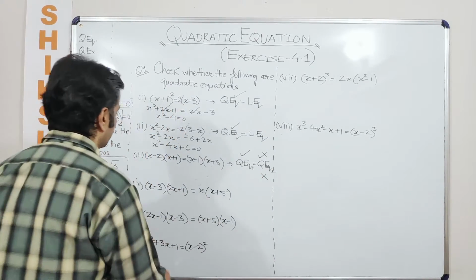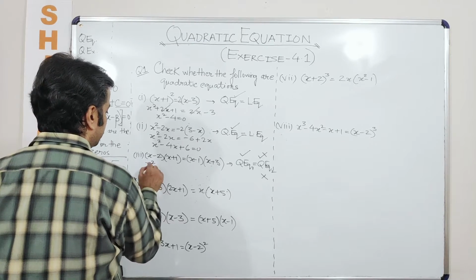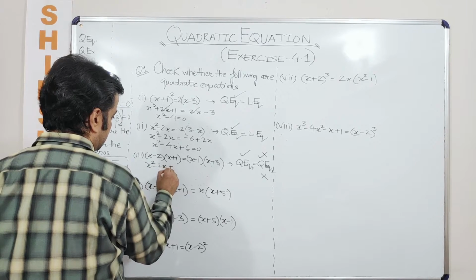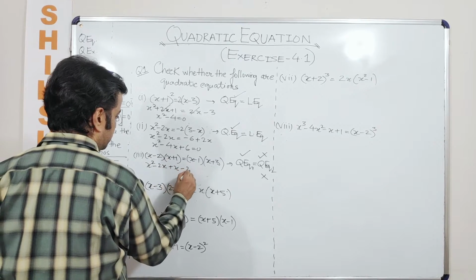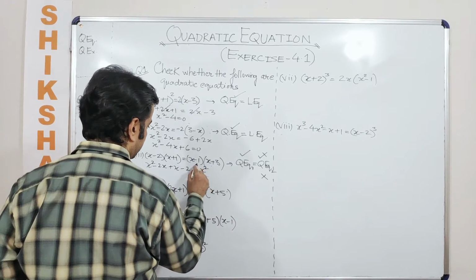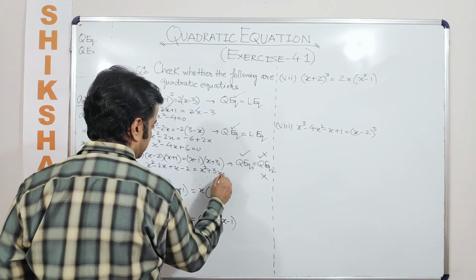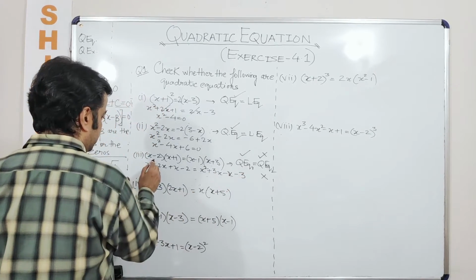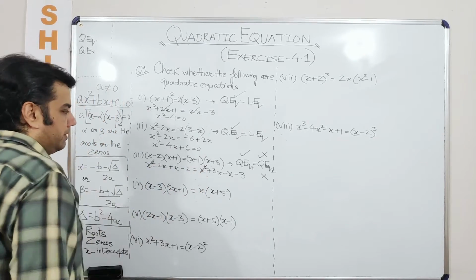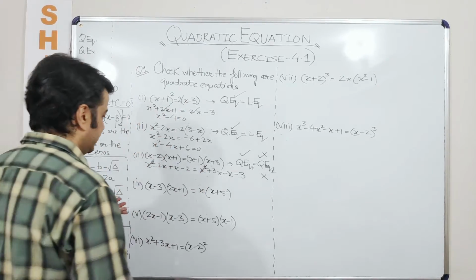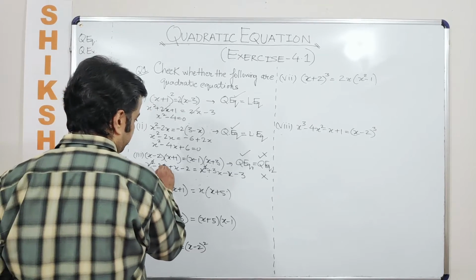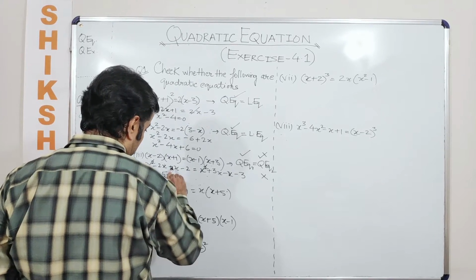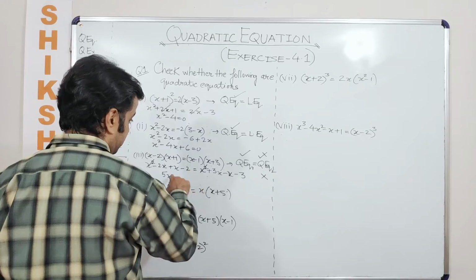Now let us justify. So x square minus 2x plus x minus 2 is equal to x square plus 3x minus x minus 3. So x square gets cancelled out. If I wish, I can leave the answer here itself, but since we are justifying the answer, let's solve it in totality. Let's bring this on this side, so it is just like saying 3x plus 2x. Now plus x also goes on the other side, which is again minus x.